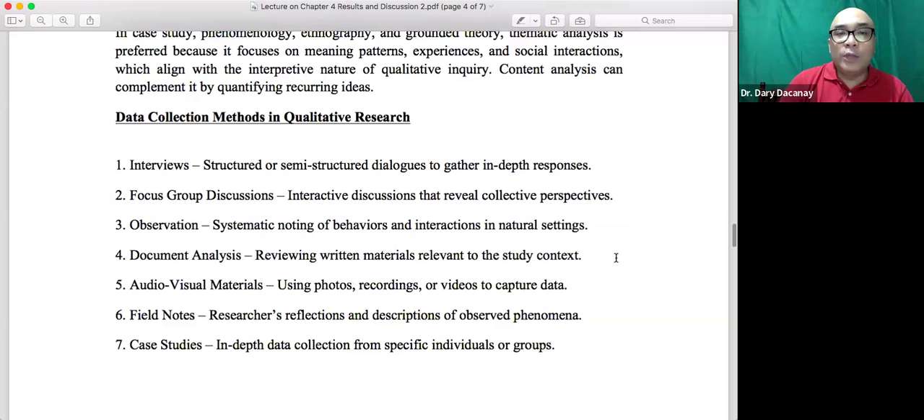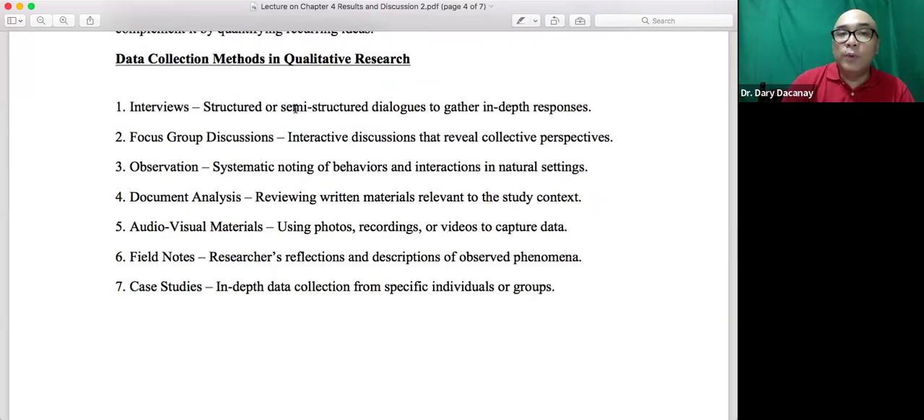So these are the data collection methods in qualitative research. Yung naka-table na gagawin ninyo, or actually ginawa nyo din ito doon sa chapter 3. You could either do interviews, structured, or normally you will be doing a semi-structured interview, focus group discussion, observation, document analysis, audiovisual materials, field notes, and normally the case studies. But in your case, you will be doing